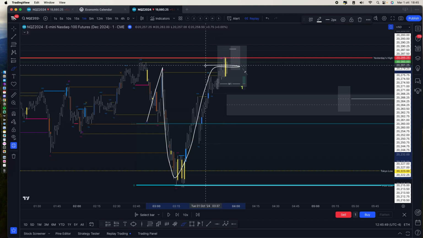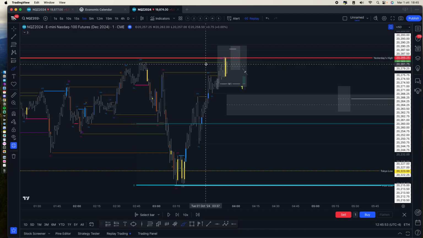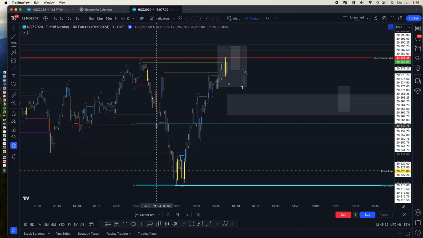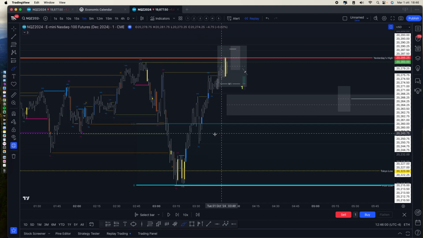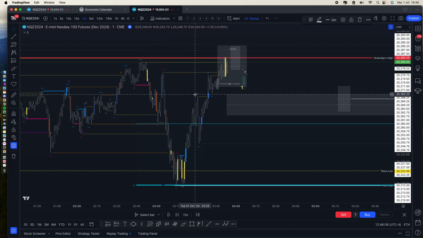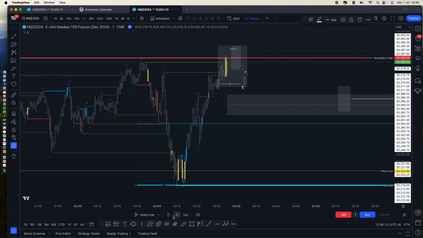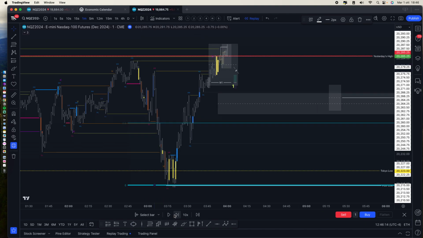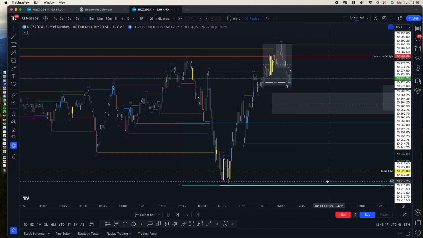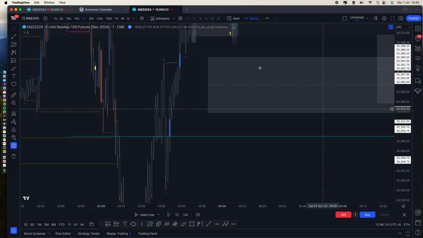That doesn't mean that we are going long, but I know usually from 3 a.m. to 3:30, something is happening in terms of volume. So the first trade that I made is this one